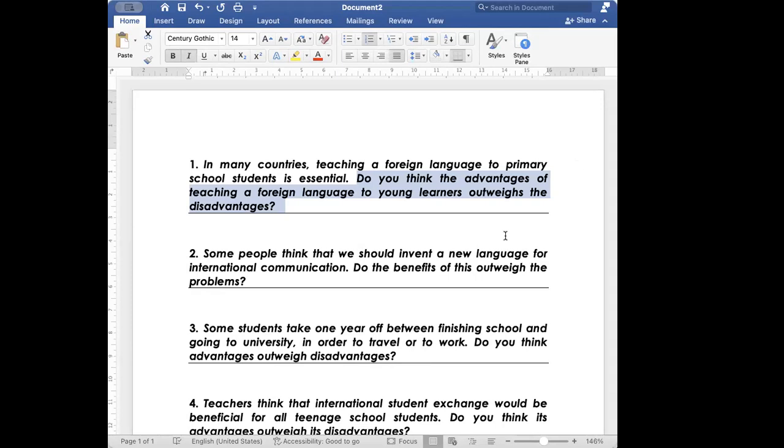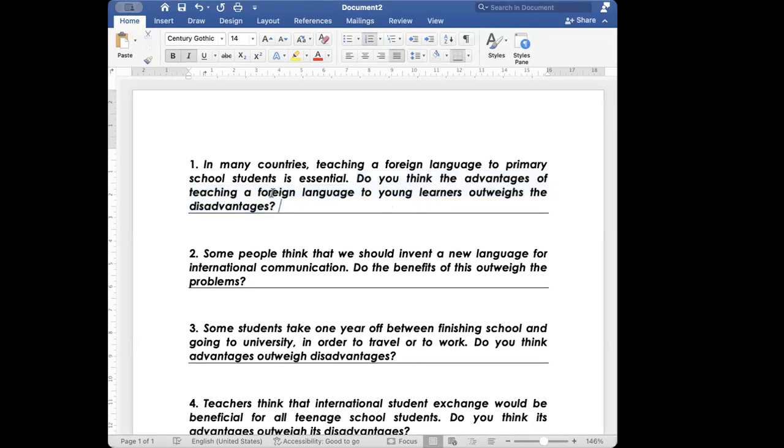Okay, they have given you a fact, and below the fact they are asking you whether the plus points of this are more or the minus points are more. Now if you say the plus points are more, you are still going to write both sides, but you are going to write more on the positives and less on the negatives. If you say negatives are more, you are still going to write both sides, and you are going to write negatives more and positives less, right? Yes, ma'am.